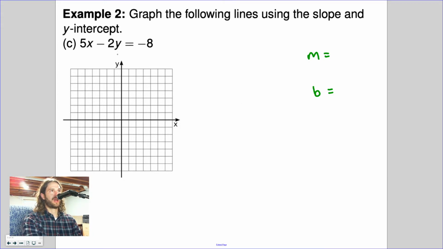Well, there's a lot standing in the way. The first thing I do in solving for slope-intercept form is you want to get the term that has y in it by itself. That means I got to get rid of this 5x. It's currently positive, so I'm going to subtract it from both sides, like so, treating both sides equally. You'll end up with negative 2y equals negative 5x minus 8. That is one way to deal with this. Okay. And now I want to get y by itself. Y is being multiplied by negative 2, so that tells me I should divide both sides by negative 2, like so.